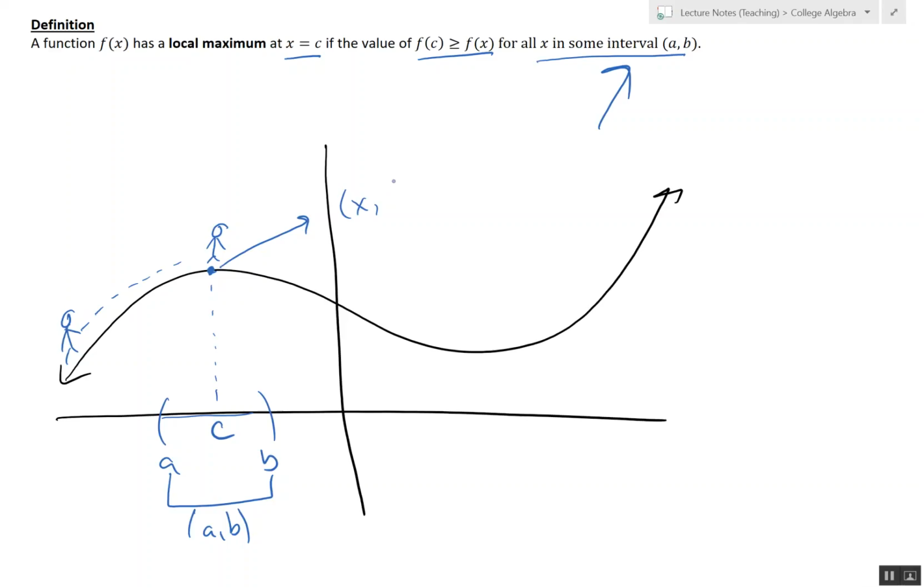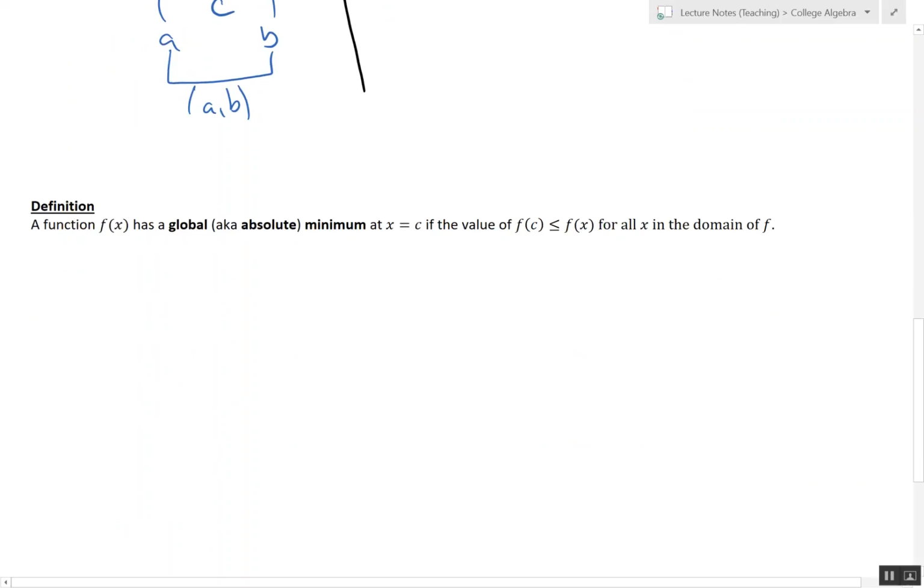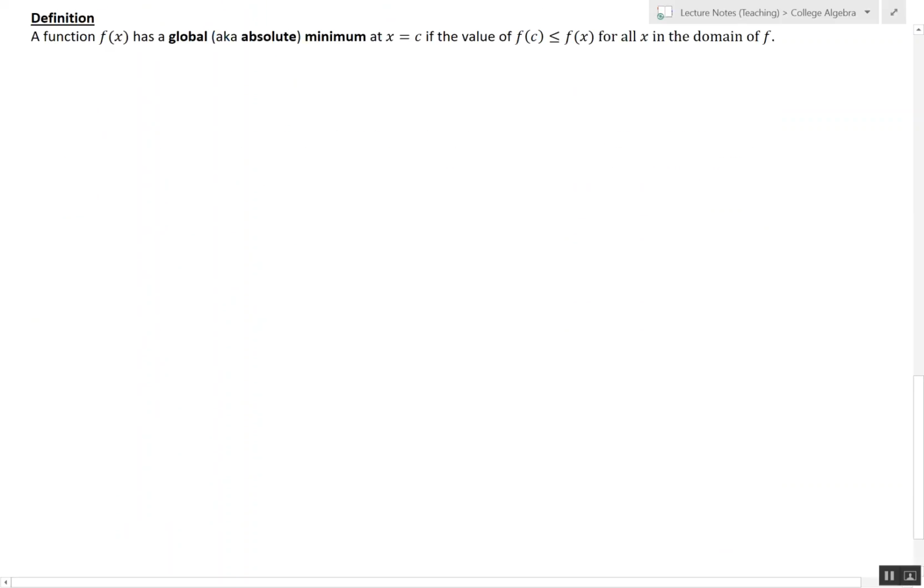I just want you to be able to identify the points where the local maxes and mins are located. So, this is C, f of C here in this case. Alright, so that's local min and local max, and then there's a related concept called global min and global max,